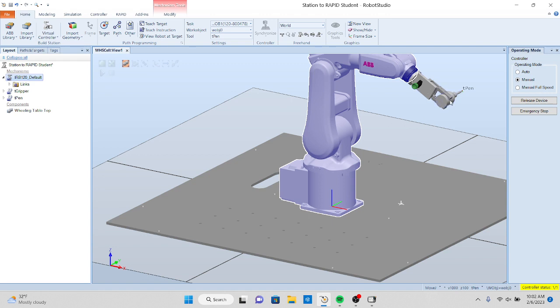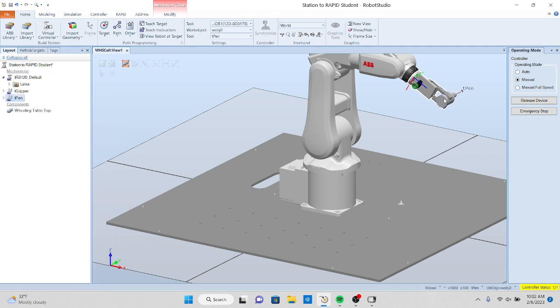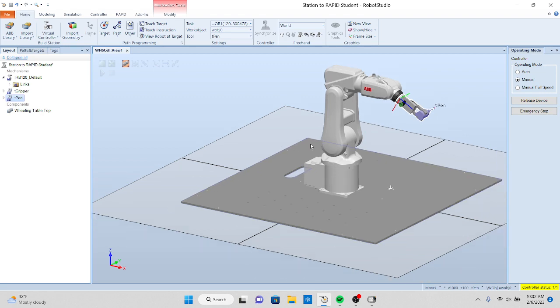If you do not see the pen tool in the gripper, please look in your Layout tab, find T-Pen, right-click, and turn on the visibility. Now you should see the pen. I'm going to zoom out a little bit. Now go back to your virtual pendant,